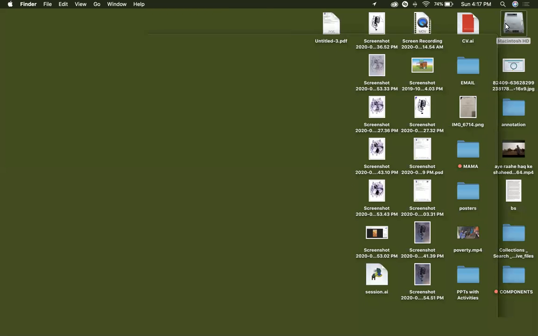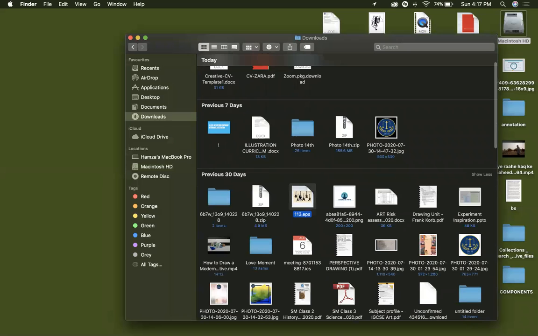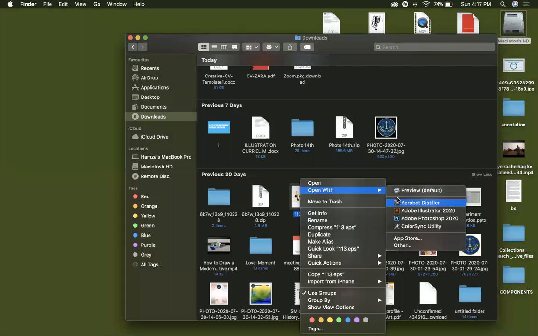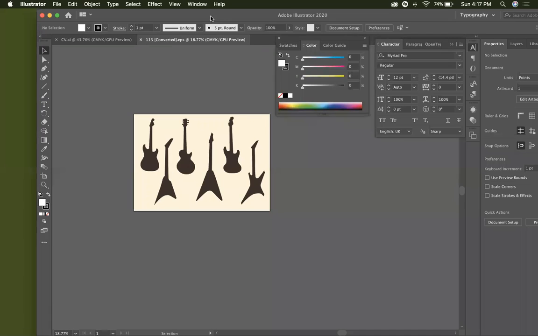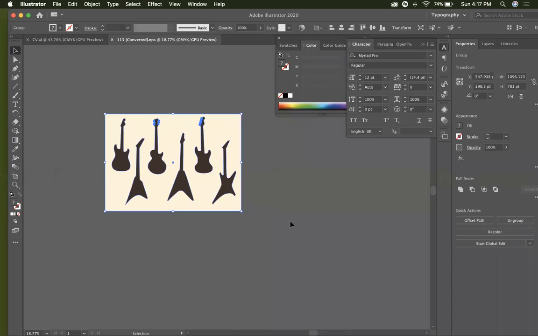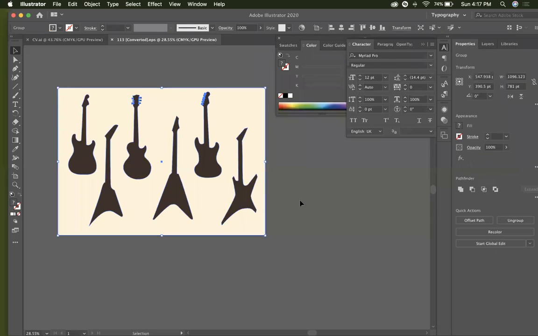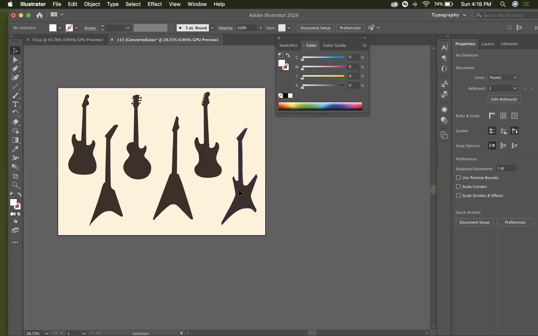So basically, I'll explain to you what vectors are first. So this is an example of a vector. Yeah, so here's a vector. What vectors basically are, are illustrations made to create other stuff, meaning